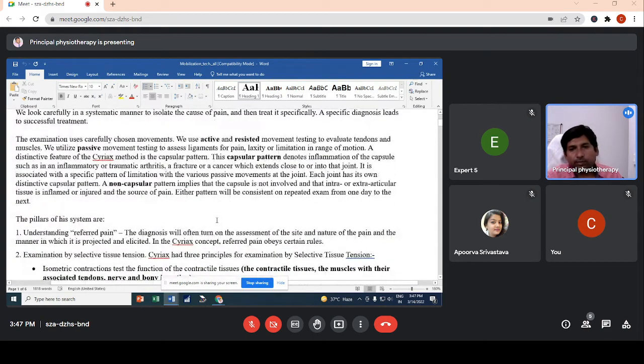What is capsular pattern? Capsular pattern denotes the inflammation of the capsule, such as inflammatory or traumatic arthritis. What is capsular pattern? See, every joint has